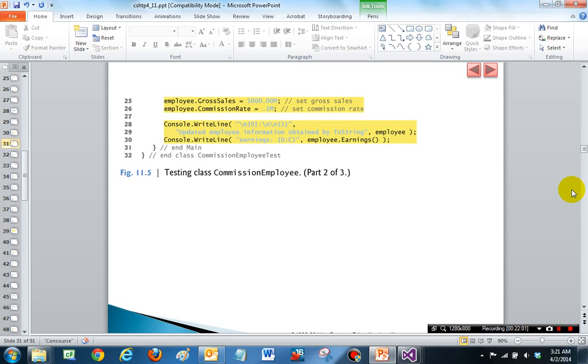Then we change the gross sales and the commission rate, and this time we display the employee in a different way. Namely, we are displaying a header, updated employee information obtained by toString, and